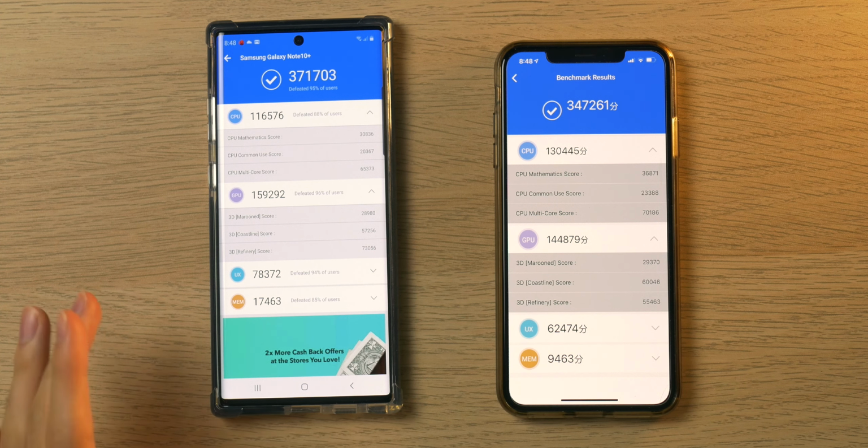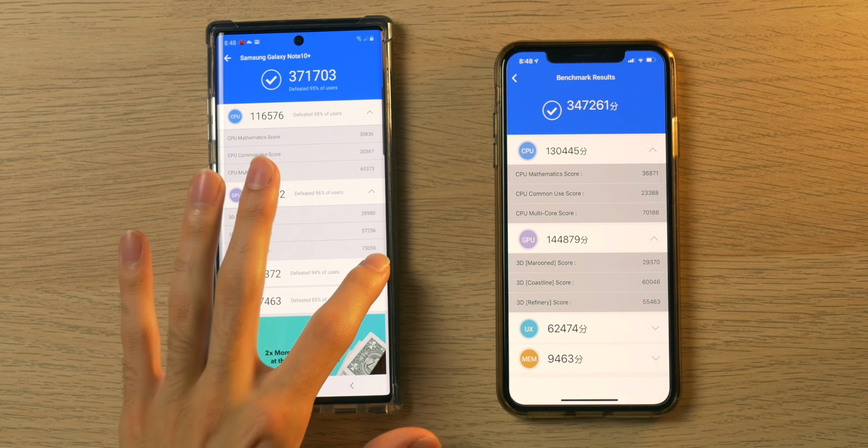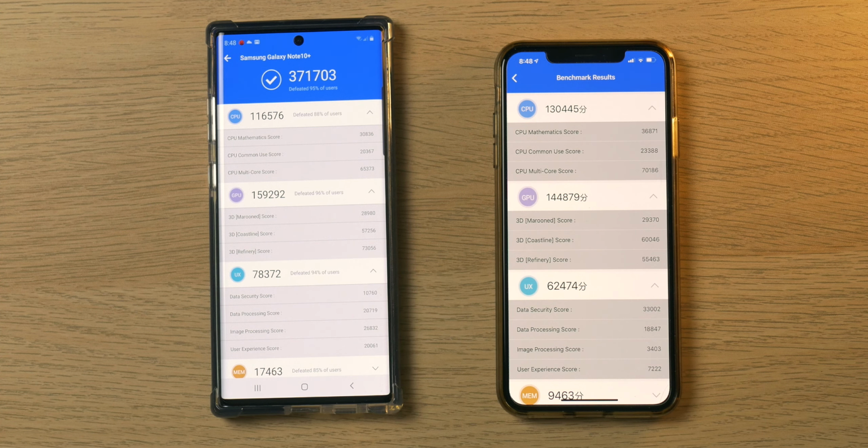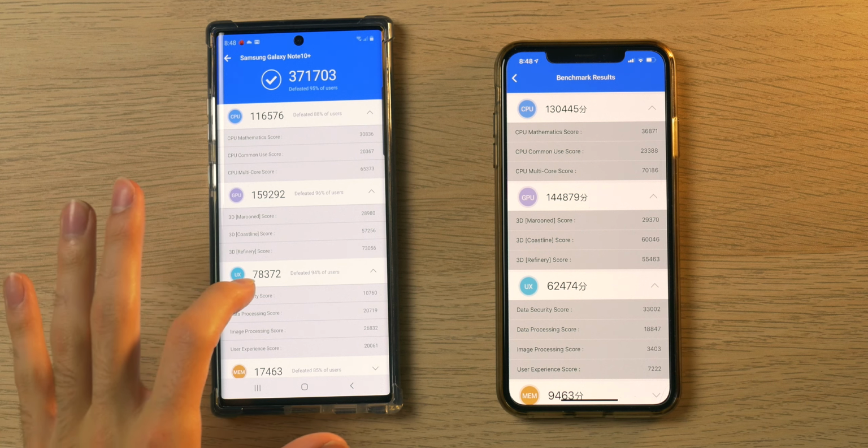That is a significant increase over the XS Max, and that will result in higher frame rates and better gameplay, I would imagine. With the UX, it actually got a higher score as well, so just the overall user experience and image processing, it scored a lot higher than the iPhone did, 78,372 versus